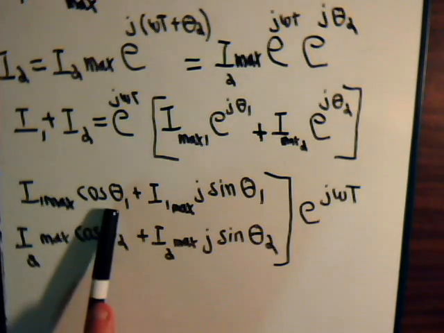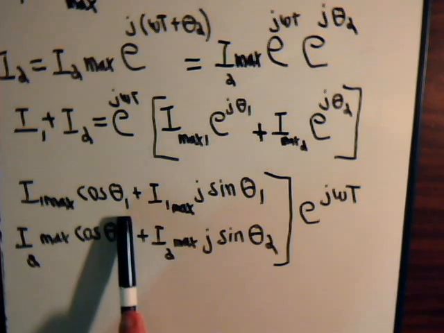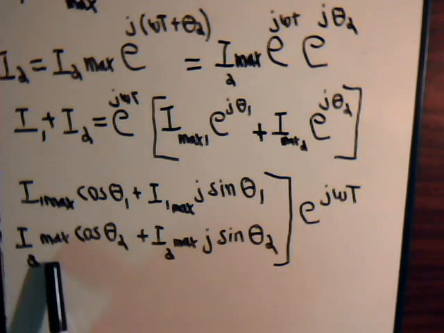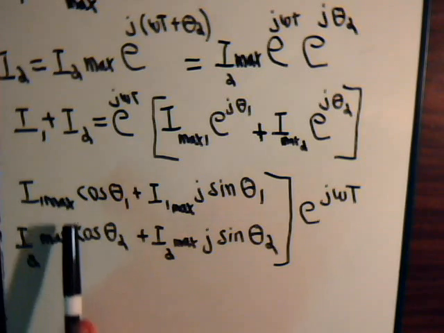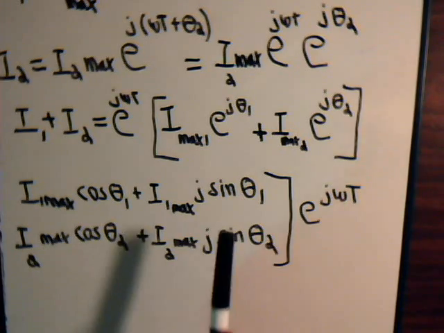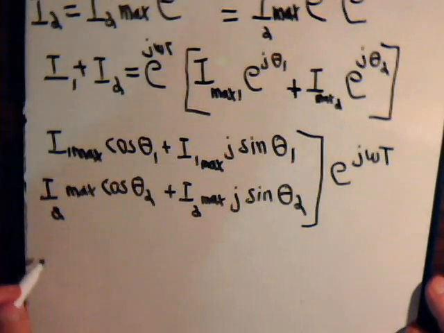By multiplying the magnitude of the vector, I1 max, times the cosine of its phase angle, the max, and that would be this one here, times the cosine of its phase angle. So these two added together would be the x components of adding two vectors together. This would be the y components of adding two vectors together. So let's write it out like this. This equals